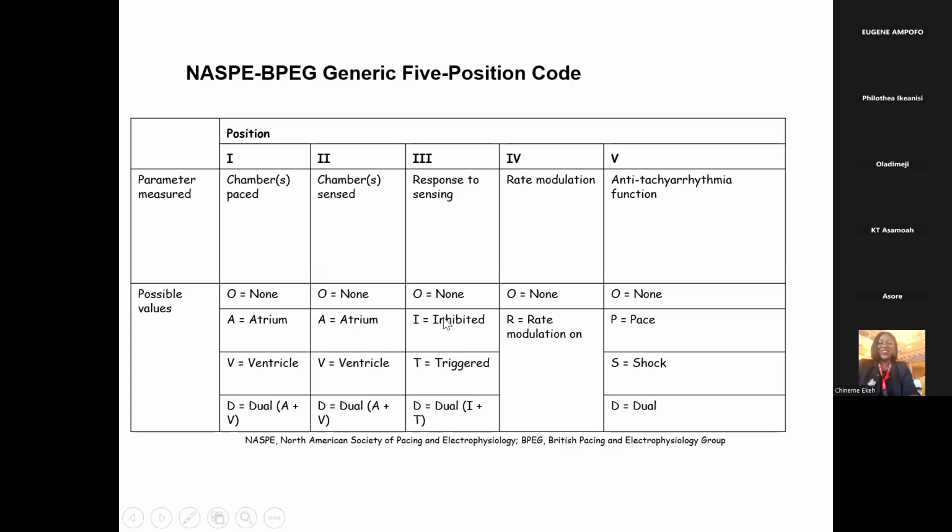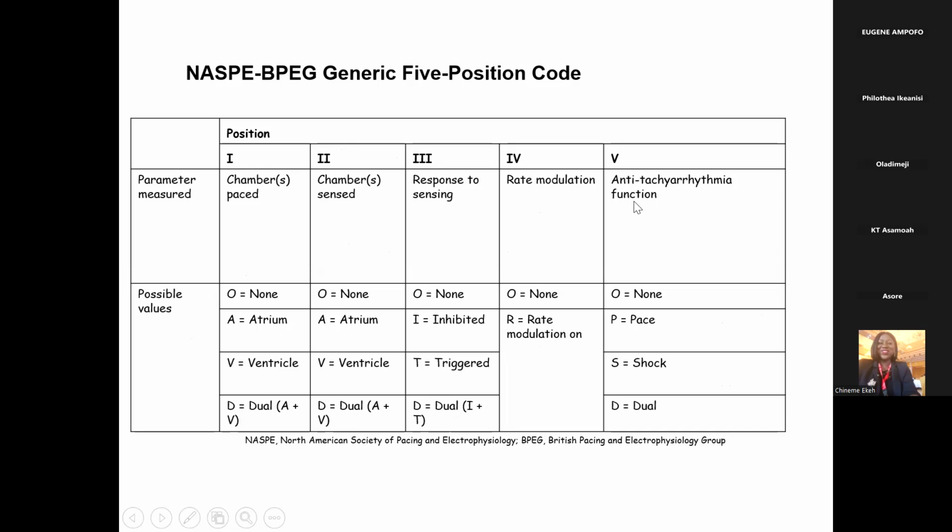So if you are only using inhibit, then the patient will have a VVI mode. If you are going to use both inhibit and trigger, then you have a VVD mode. Then you can switch on your rate response, which will be hidden. So the patient can have a VVIR pacemaker coding. So whatever the code you give the patient, just know that it's going to fit into this